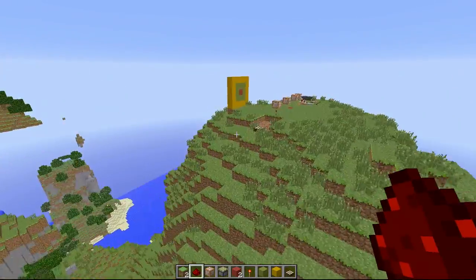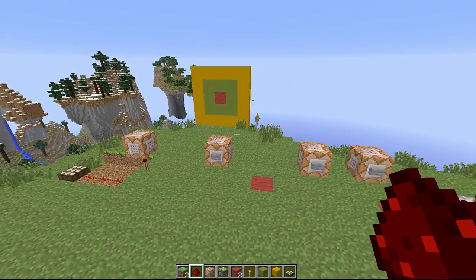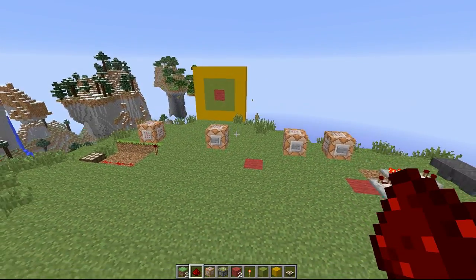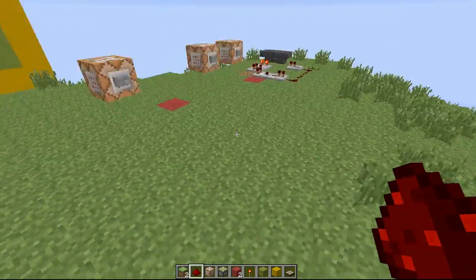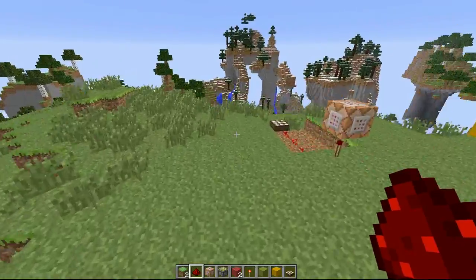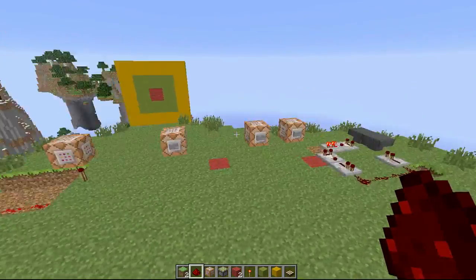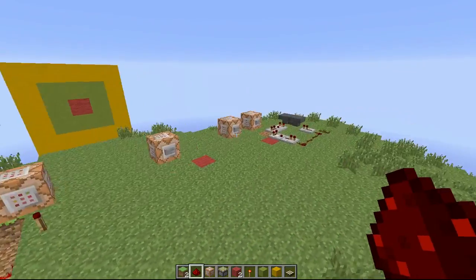Yes, so I am still playing around with snapshot 13w36b, and I've just been playing around with the summon command. I thought I'd share some of the stuff I've found online, some of the stuff I found on Reddit, and some of the cool ways it might possibly be used. Okay, so